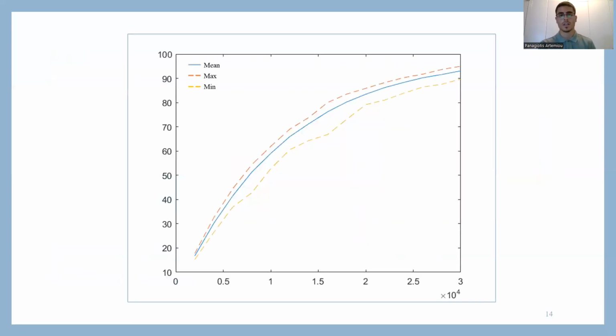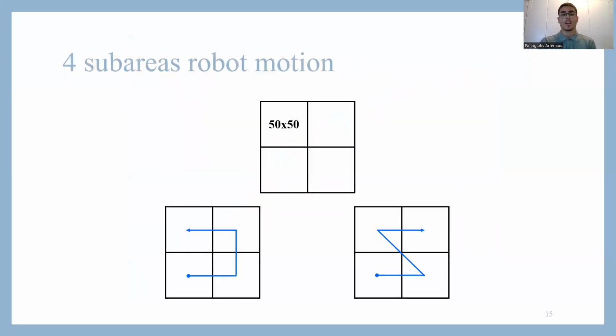This can be seen in this graph, which was derived from 50 simulations for this case. We can see the mean, the maximum and minimum coverage achieved in these simulations with the whole area. The difference between maximum and minimum is very big, and that's what we wanted to decrease to improve the system. So we divided, as I mentioned before, the area into 4 sub-areas having 2 different patterns,